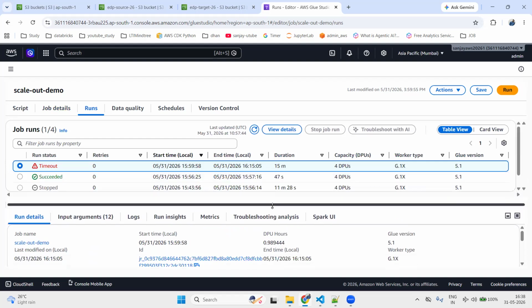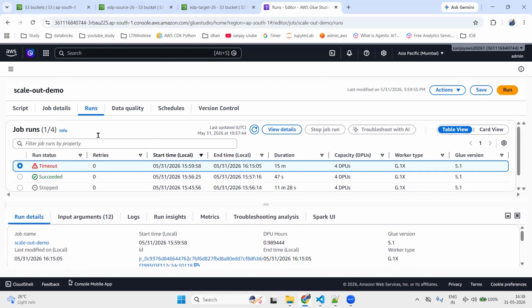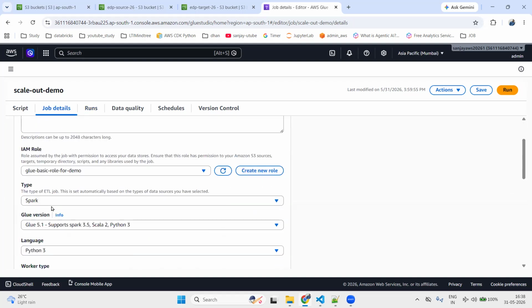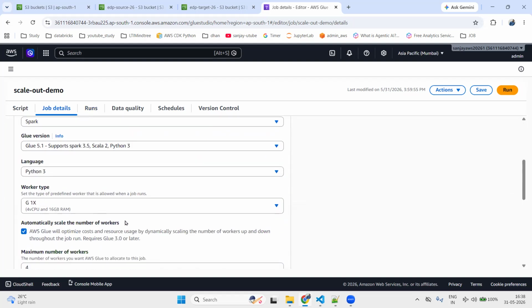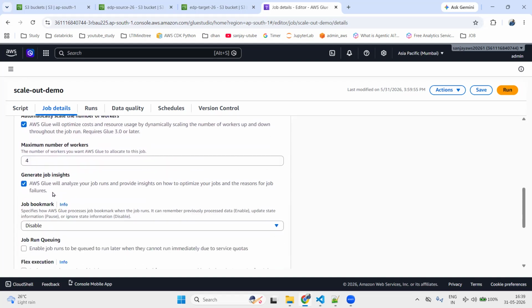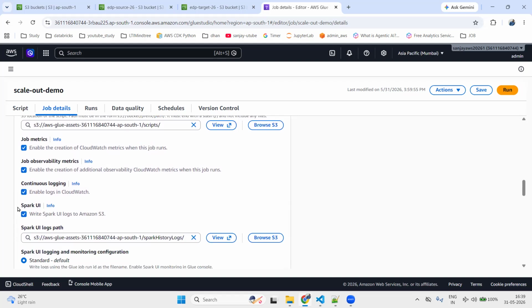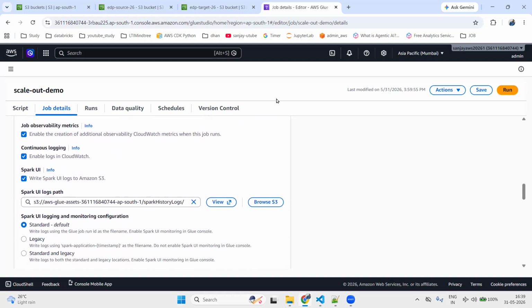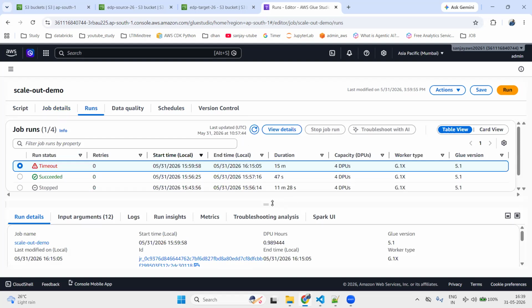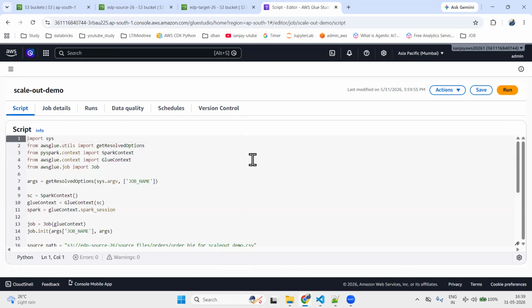I will just show you the logs, and that will be enough to show the behavior of automatically scaling the number of workers. Okay, and please remember when you are doing this practical, you should also enable this Spark UI. By the way, it is automatically enabled in our case when we create a job. But if in your case, for some reason, it is disabled, then I suggest you kindly enable it. Okay. All right. So what I've done in this demo is I have written a very small script